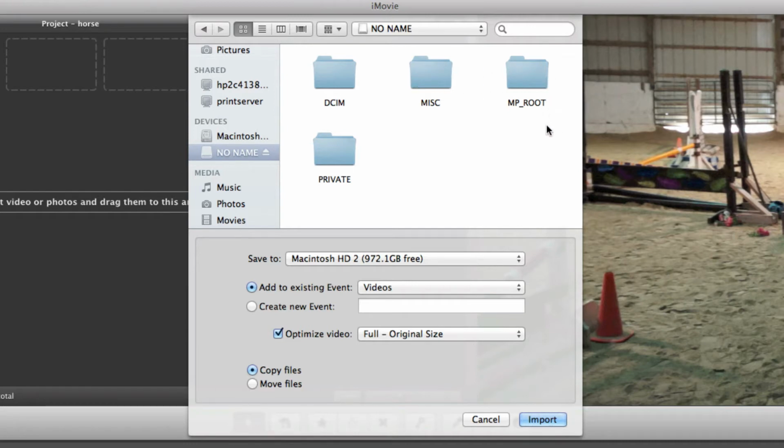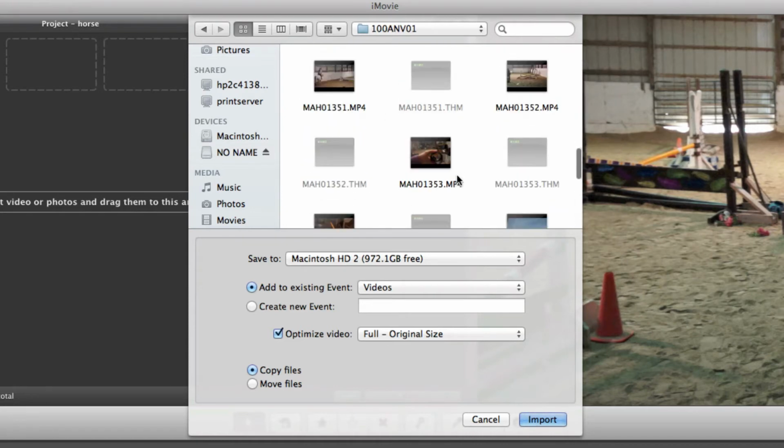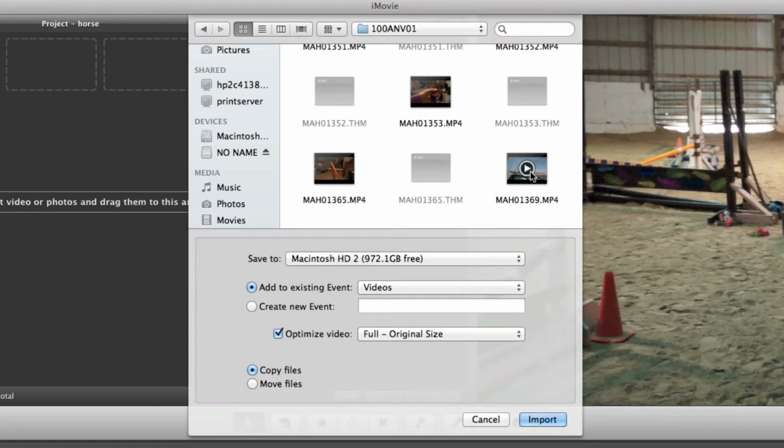This one is the folder for MP4 video files, which is the video files that macOS 10 will handle in iMovie. And this one is for AVC HD files, which macOS 10 won't handle without a converter. So we're going to go in our MP4 and find the video that we want. So we're going to click on it,